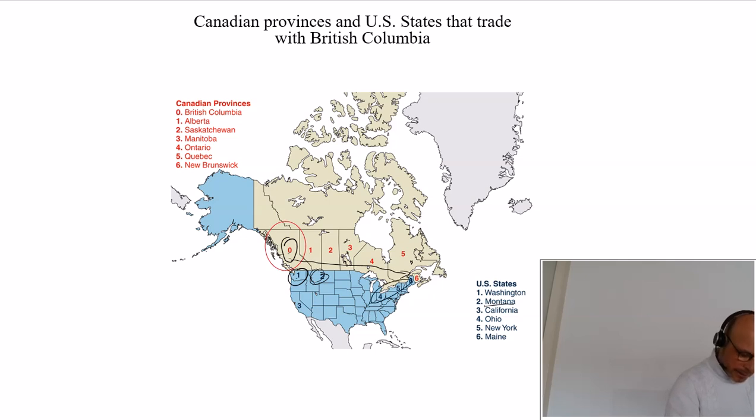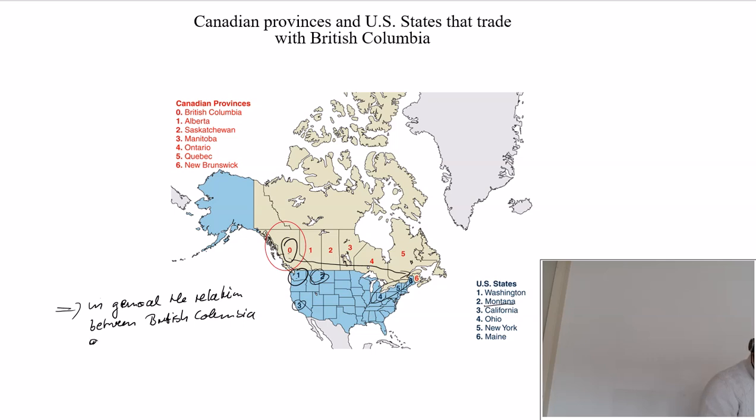And so they identified here, so to speak, also 6 other states of the United States where you can say that in general the relation between British Columbia and